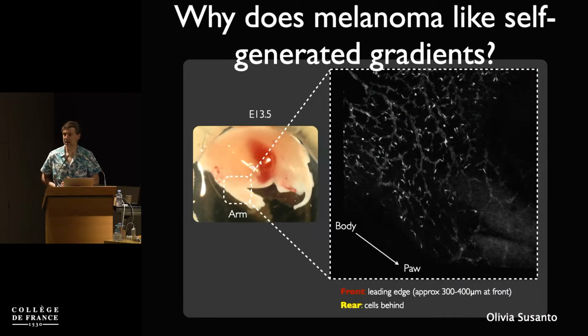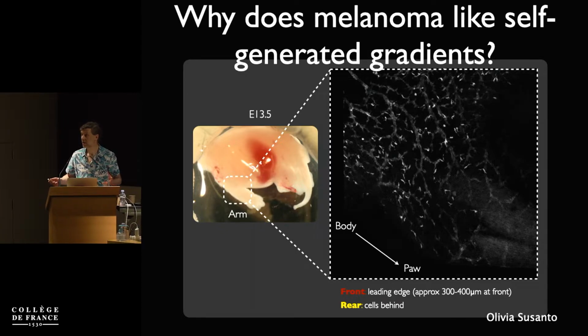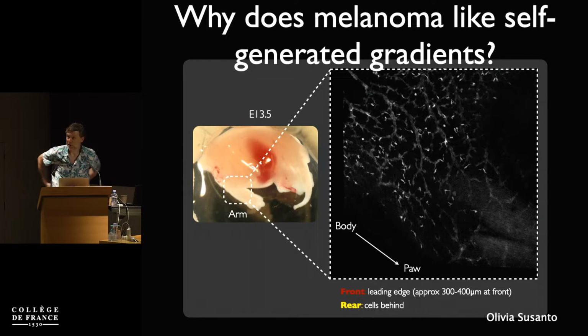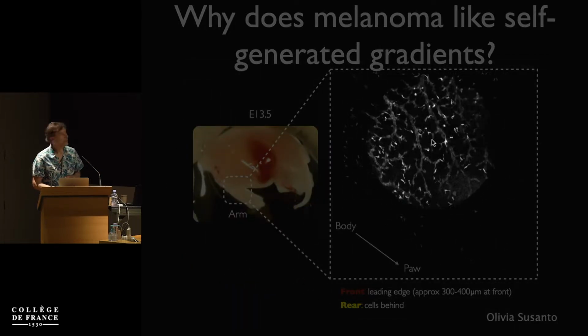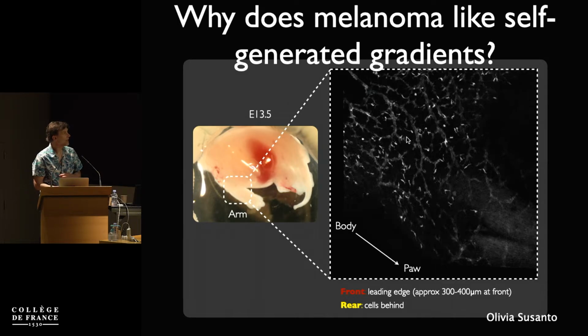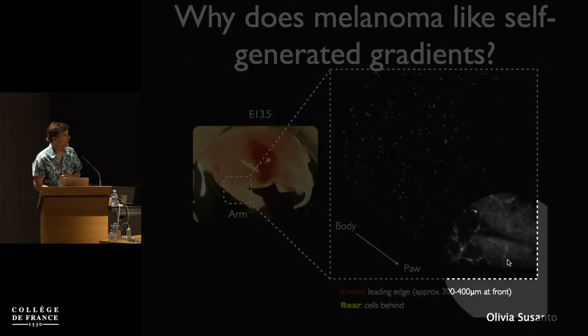Here's a really, really complicated one. I was amazed. Olivia, a remarkable postdoc, was doing this. This is the melanoblast moving in a mouse. So when you're an embryo, you are completely pale, and the melanoblasts move from your neural crest round to your tummy, and they move round to your shoulder and down your arm. And this is the melanoblasts. There they are labeled with GFP in the shoulder of an embryo. And this is the shoulder and this is the fingers.